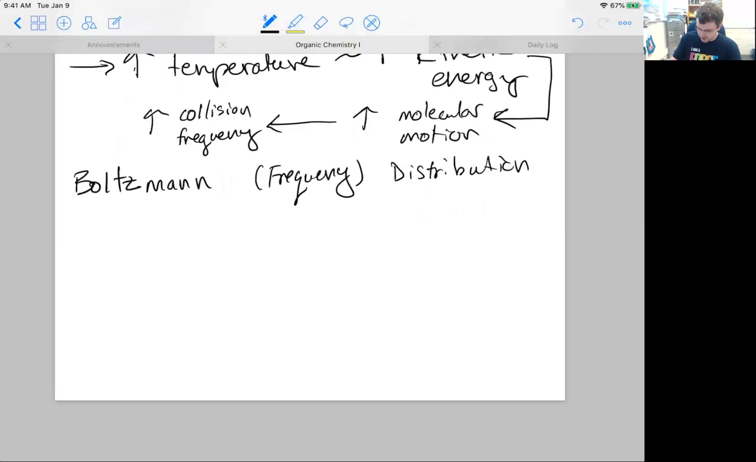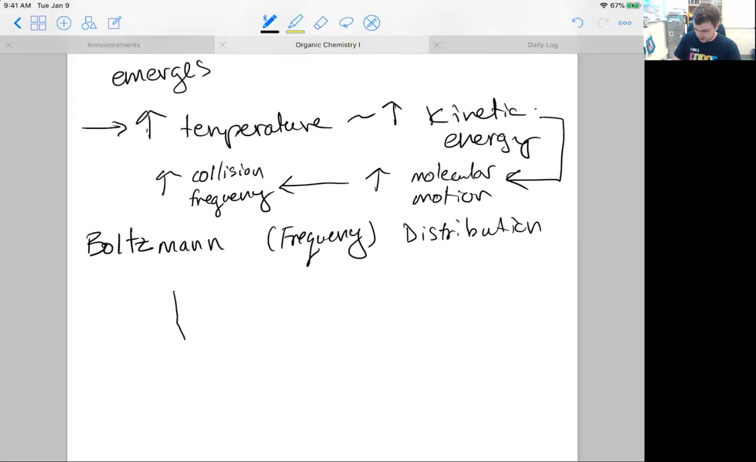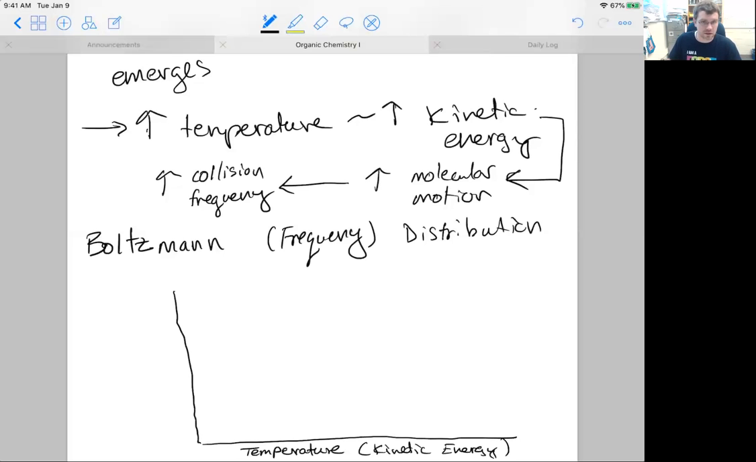Now, this is a frequency distribution, and if you've taken statistics, you might be a little more comfortable with something like this. In a frequency distribution, we have some parameter along the x-axis. In this case, it's temperature, which we've talked about is directly proportional to kinetic energy, so I'll put that in parentheses. In some units, it doesn't matter if it's C or K or F, some degree of temperature. So we've got temperature / average kinetic energy along the x-axis, and then along the y-axis